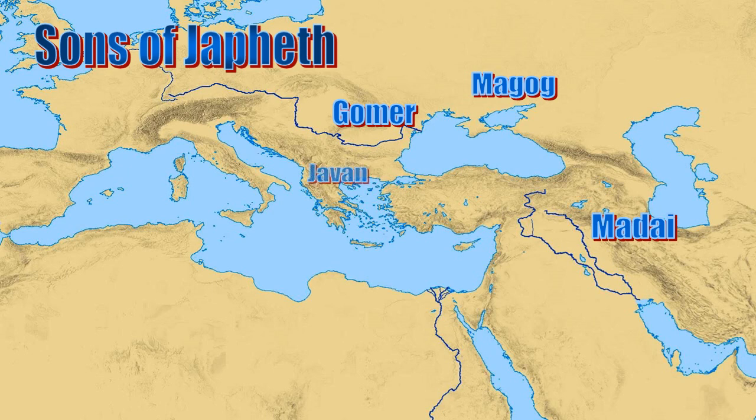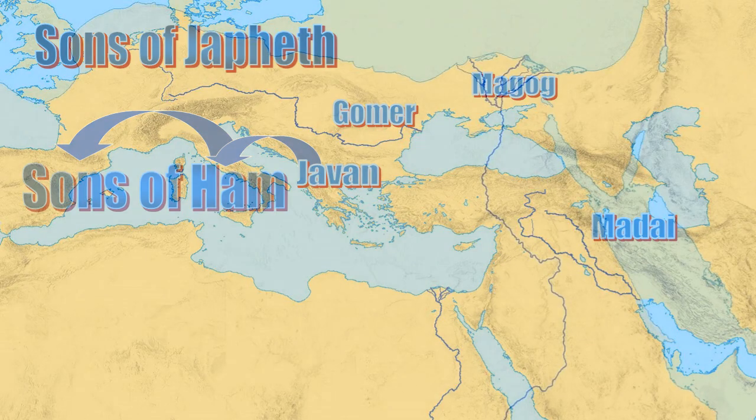Madai, the Medes. Javan was just their term for the Greeks, but it wasn't just the Greeks. It was also people who went to Italy and even Spain. One big happy family. If you ask the Romans back in their day, where did they come from? They would have said, well, we come from the east. Now, they would have said not Javan, not Greeks, but they would have said Troy, which is just across the water from where Greece was.